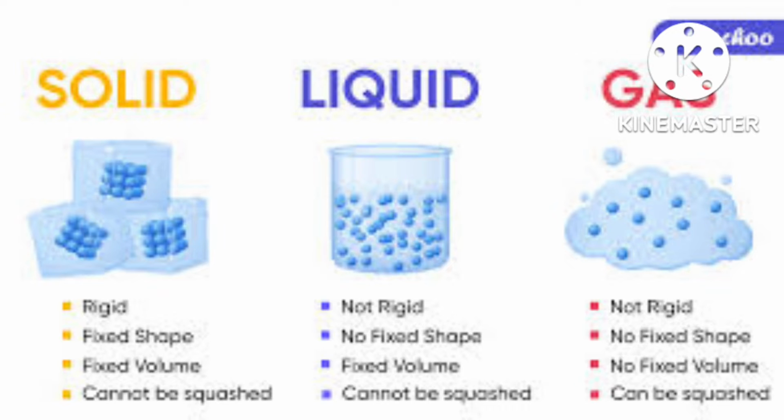Now we have discussed the cause for the existence of the three states of matter. Now I am going to discuss more about the gaseous and liquid state and the laws which govern the behavior of matter in three states. Now, the gaseous state. We should know what the gaseous state is. This is the simplest state of matter.